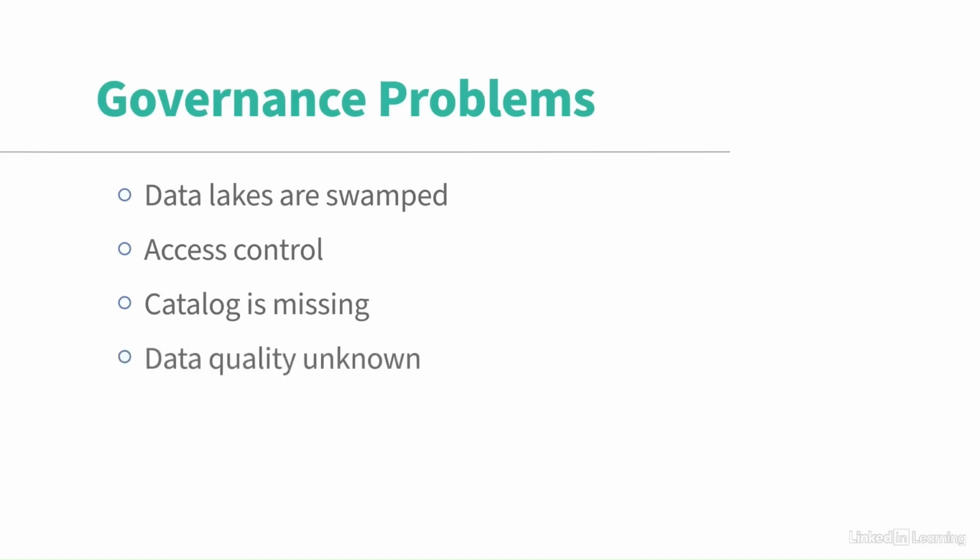There is no data quality known. Is that actually good data? Is that bad data? Does this have errors? There is no lineage known from a governance point that the data has been processed. Think about it as original data coming in and then you're doing multiple transformation steps. And you might want to store the data from these transformation steps. And that is a lineage, right? Think about from left to